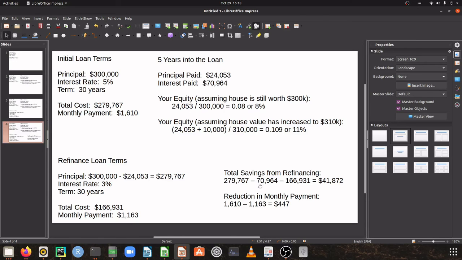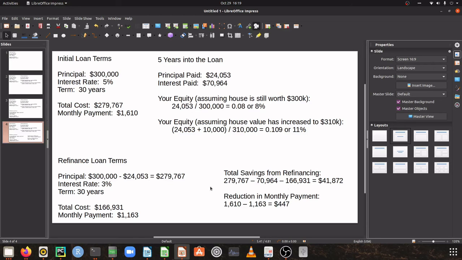Then you subtract the cumulative interest that you have paid 5 years into the loan, which was $70,964. And then from that amount, you subtract the total cost of the new refinanced loan, which is $166,931,